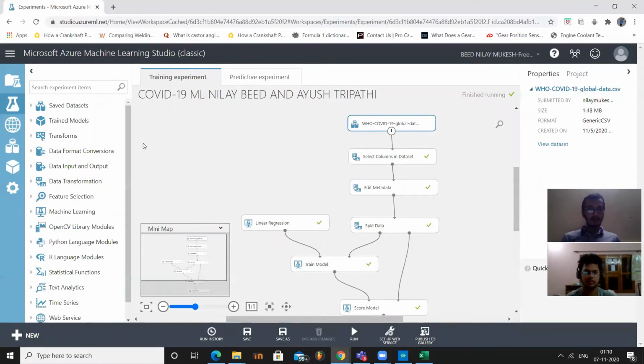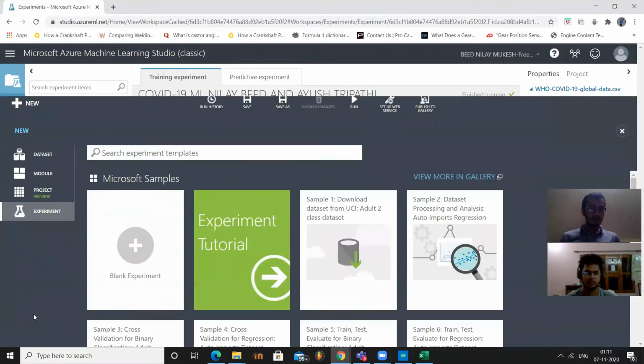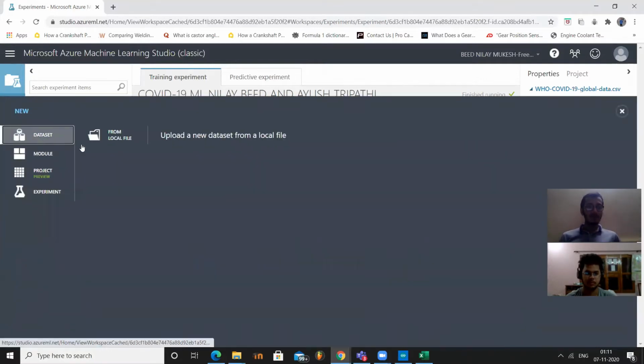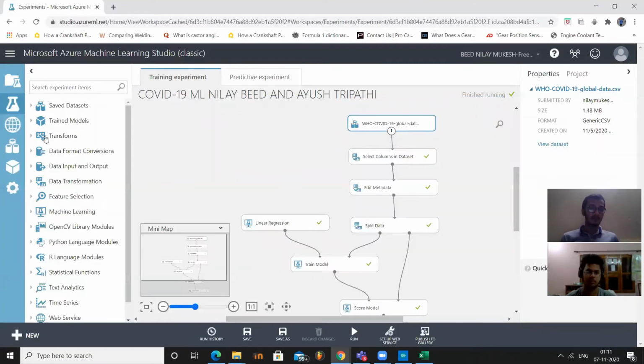So first is adding your data set. You can do it by first uploading your data set, going here in new data set and choosing your data set from a local file, or this already has many sample data sets inbuilt.